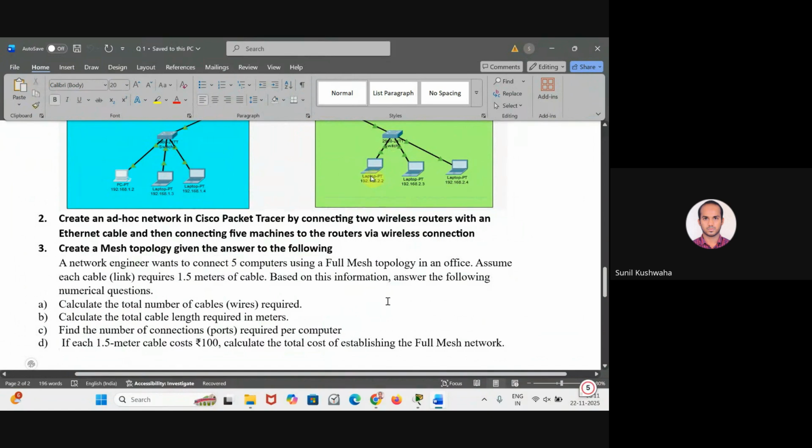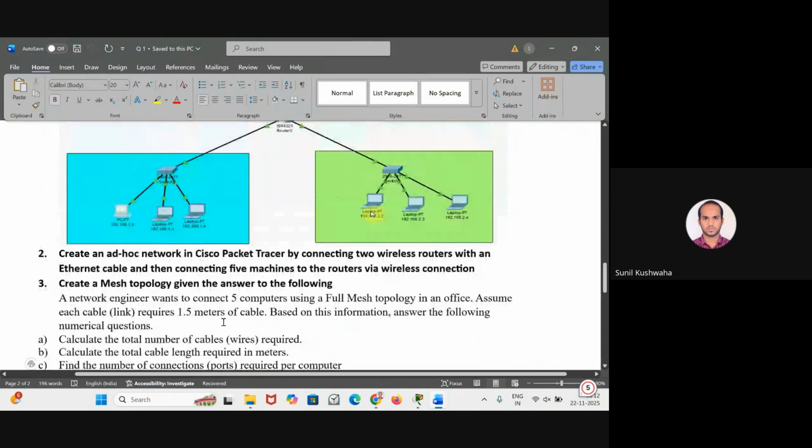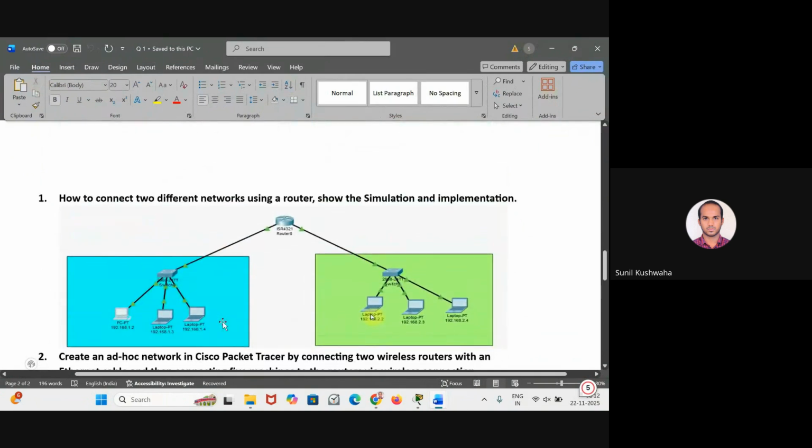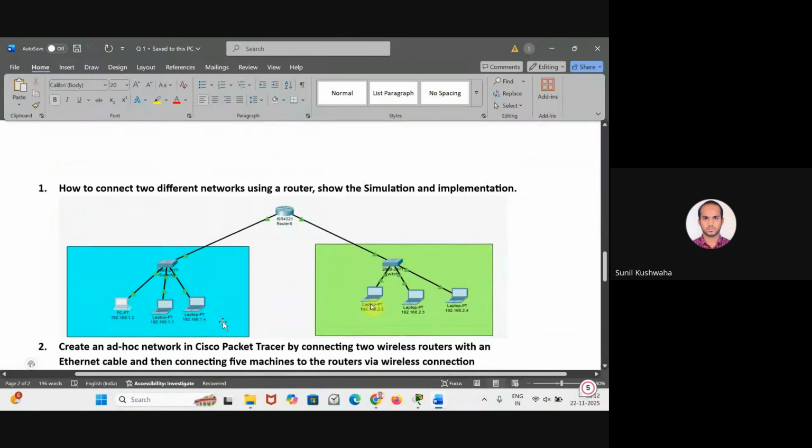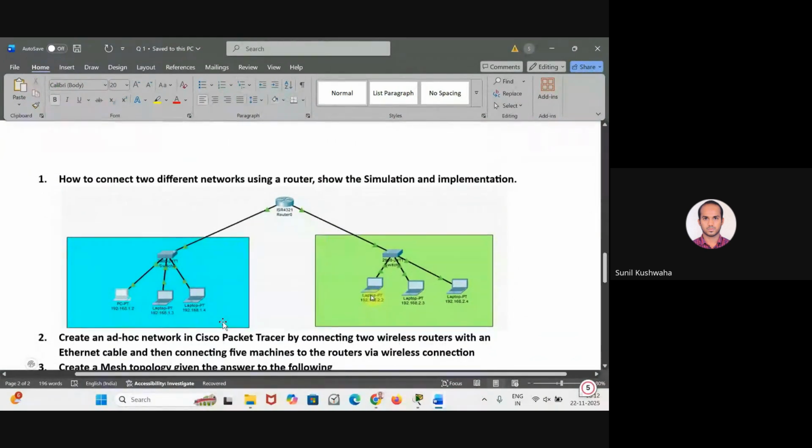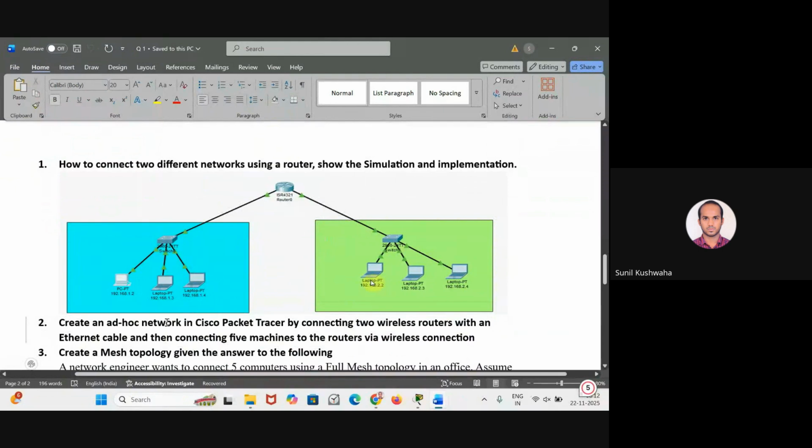Three questions. One is create the mesh topology and then find out all these points which are mentioned here. And first, how to connect two different networks by using the router and show the simulation and implementation. If the two networks are given,